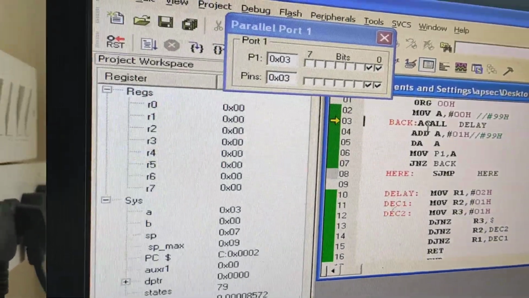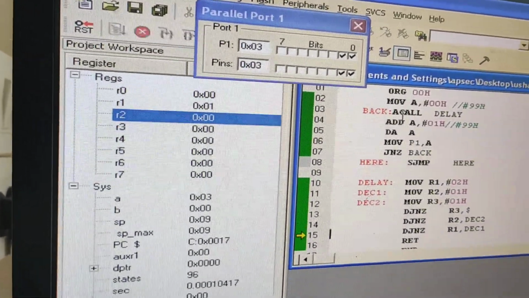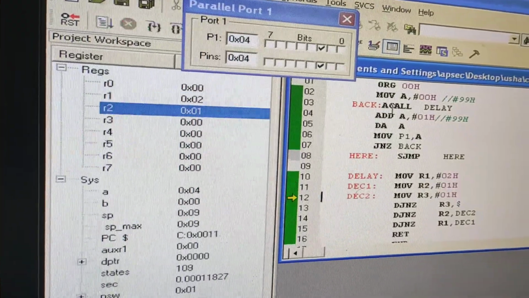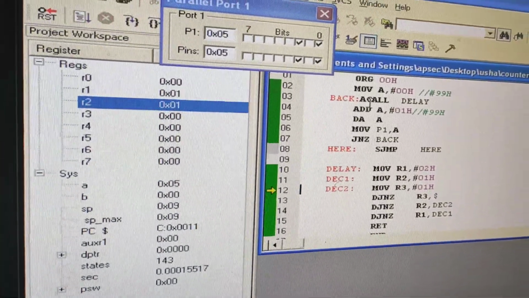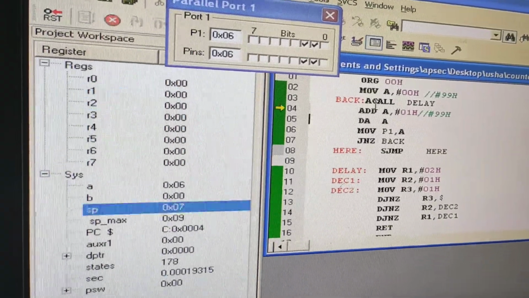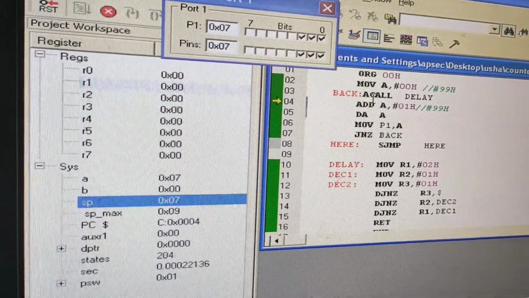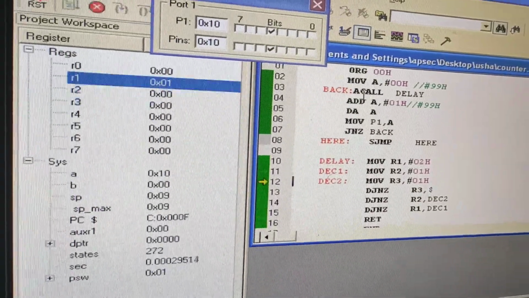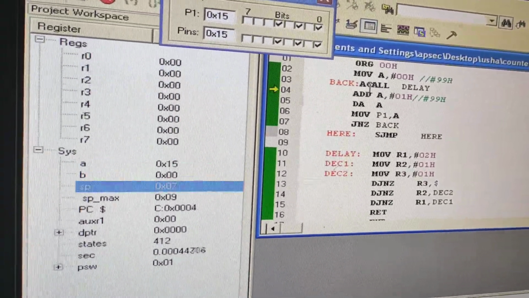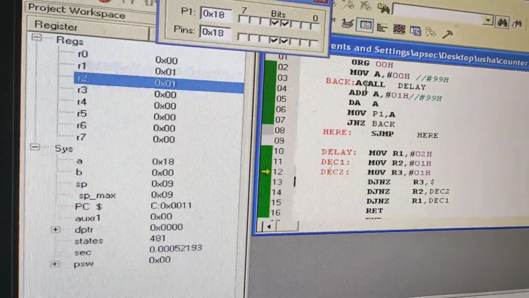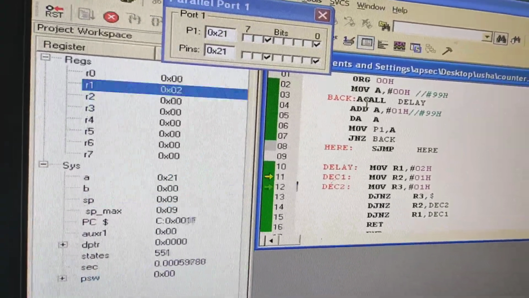So now it became 3. Then it becomes 4, then 5, then 6, 7. This will go on up to the maximum limit, when all bits become 1, that is FF. So until it reaches FF, this will go on continuously. Is it clear?